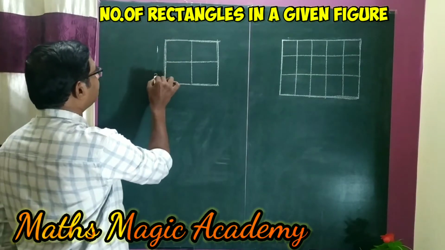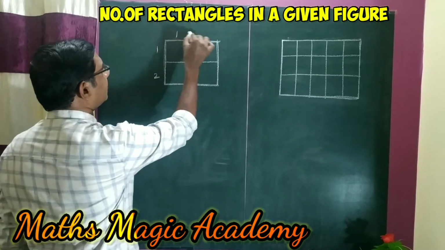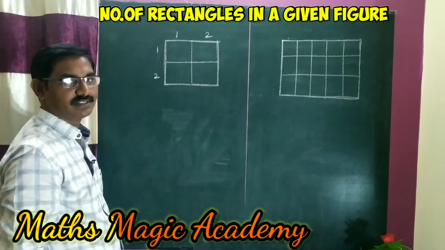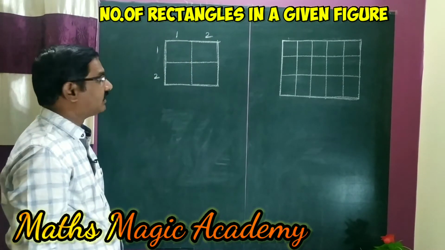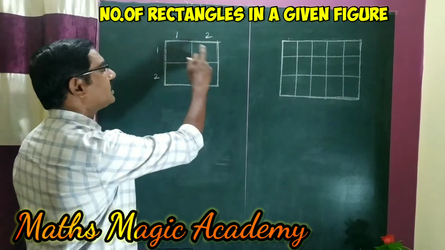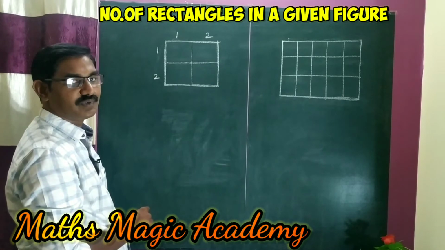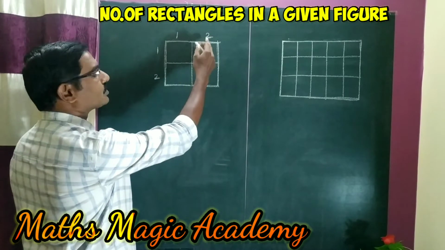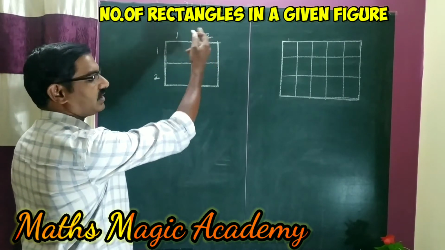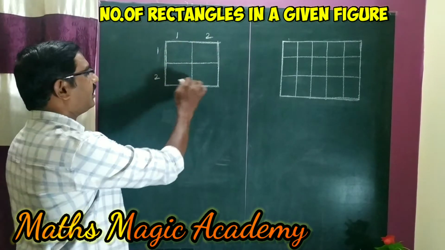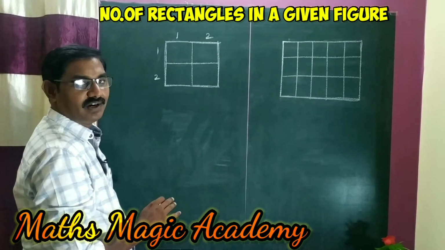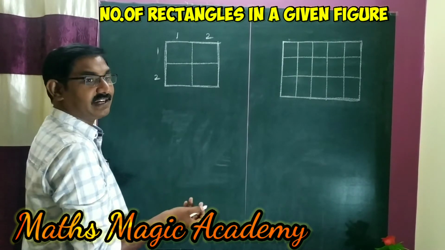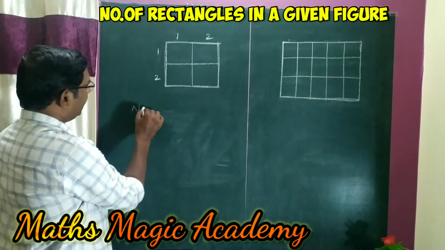Here it is 1, 2. 2 rows will be there, and 1, 2, 2 columns are there. If 2 rows and 2 columns are there, then in this figure, how many squares are there? In the previous class we learned that 1 square plus 2 square: 1 square is 1, 2 square is 4. 4 plus 1, 5 squares are there. But here what is the question? How many rectangles are there? So the number of